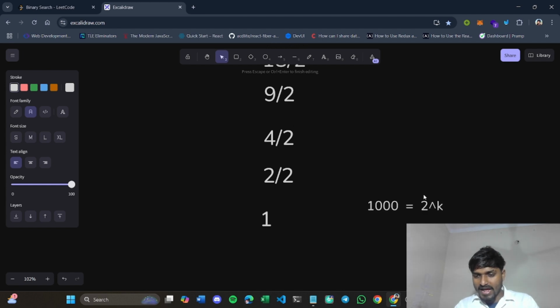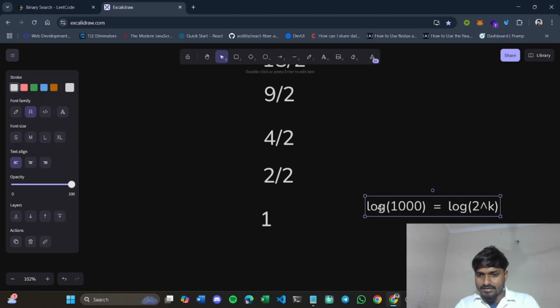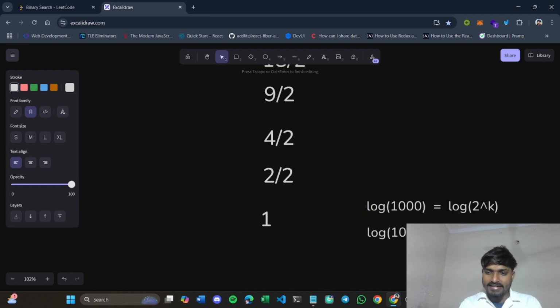Now we apply log on both sides, log of base 2. We can write 1000 as 2 to the power of something.